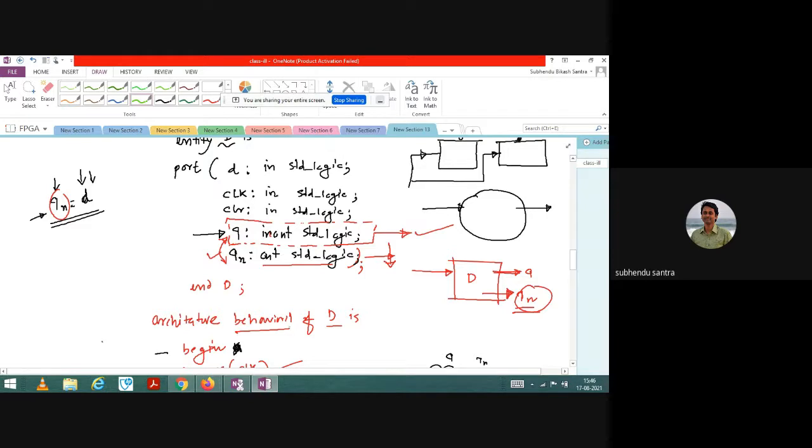That ultimately will define whatever the input is. But the thing is, let us say I have a D flip-flop. Just imagine a situation. You have given an input and the output definitely will change. So input 0, output 0; input 1, output 1. Now let us say you remove the input.